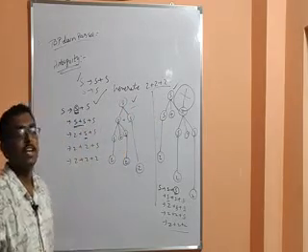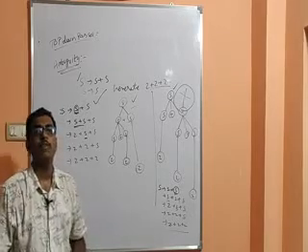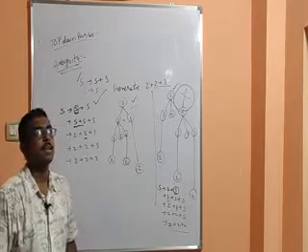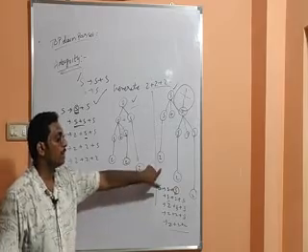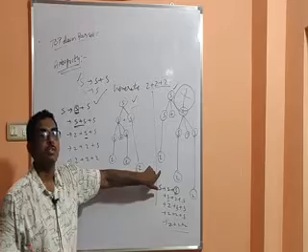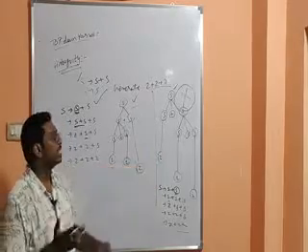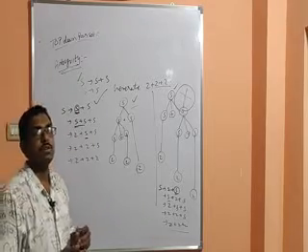We should not give ambiguity to the compiler. Why? Because if you give ambiguity to the compiler, it finds difficulty deciding which parse tree to proceed with. It will get confused about which grammar to proceed with in the next step, isn't it? This is the concept of ambiguity. So these are the major disadvantages of top-down parsing.